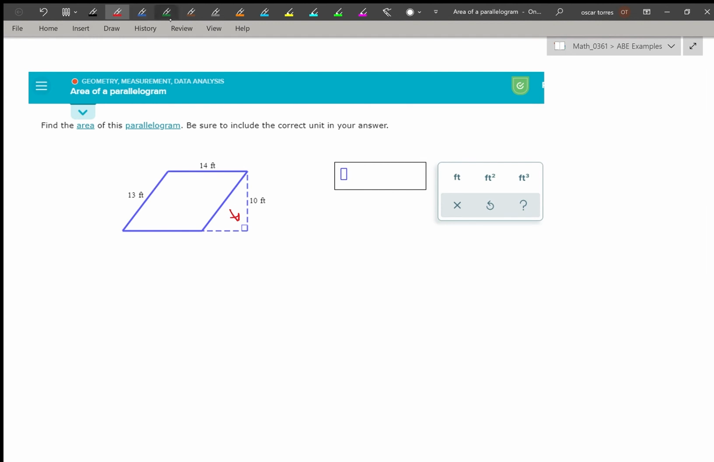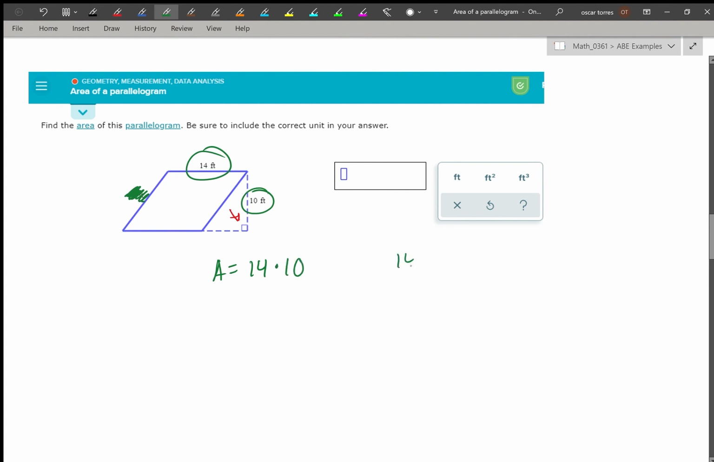Now in this case, it almost only specifies the height, but the base would be this section down here. We don't have the number for the actual bottom of the parallelogram, but because it's a parallelogram, the opposite side will end up being exactly the same length as the bottom side. So in this case, our base and our height is going to be 14 and 10. This 13 we don't need to worry about at all. So our formula is area equals the base, which in this case would be our 14, times the height, which would be 10. We multiply 14 times 10,